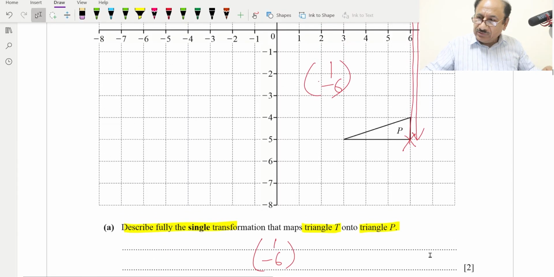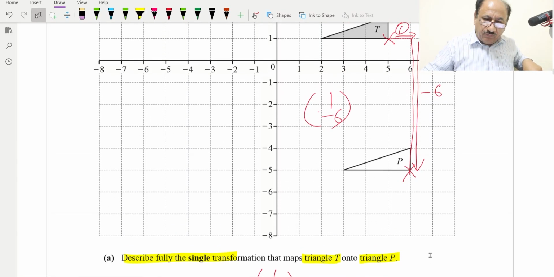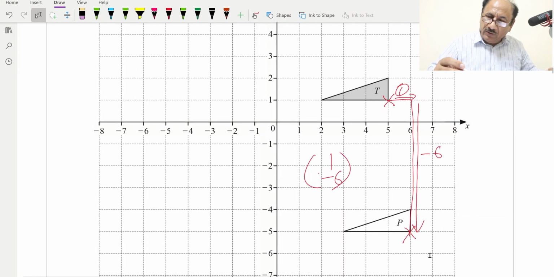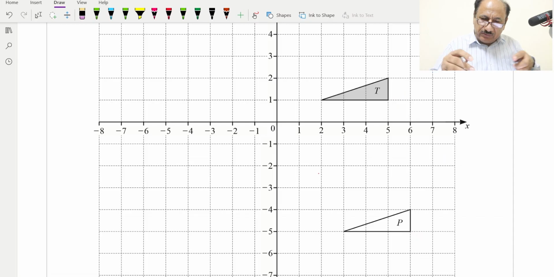So line x is equal to 1, we will be checking where the line x is equal to 1 is. First of all, we will erase this working and we can start a new one, which is x is equal to 1, will be this line. I'll use red color so that you can understand properly. So x is equal to 1 is this line, and we have to transform this triangle T, and this point